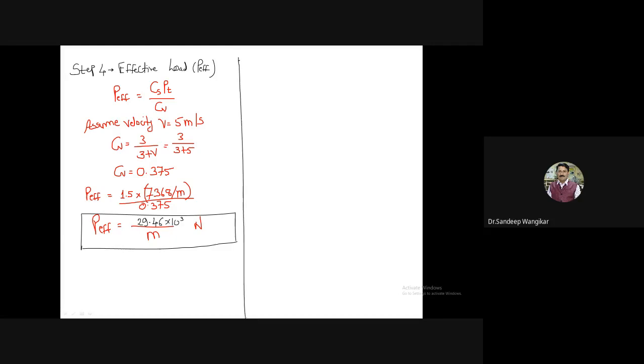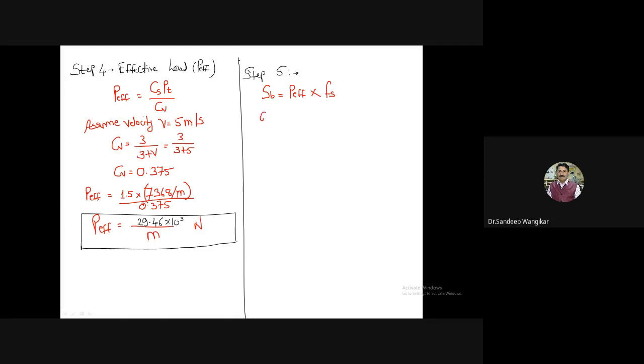Equating. So I will say here, step number 5. We have the relation: SB is equal to P effective into Fs, SW is equal to P effective into Fs. In this case, only SB is there, so I will write SB is equal to P effective into Fs. If in any other problem you calculate SB and SW, both in terms of module, then compare whichever is lesser and take that value. For this problem, there is no SW, therefore only SB.